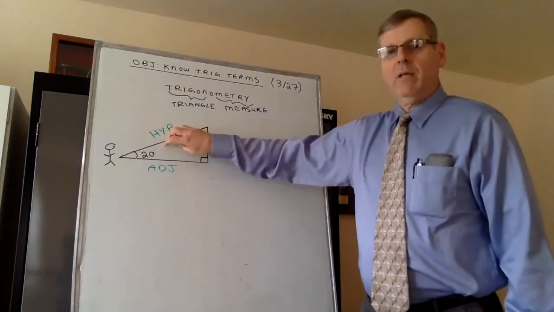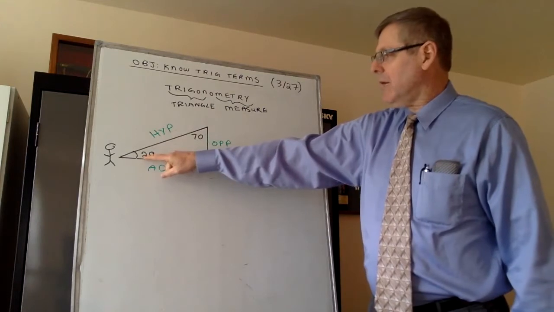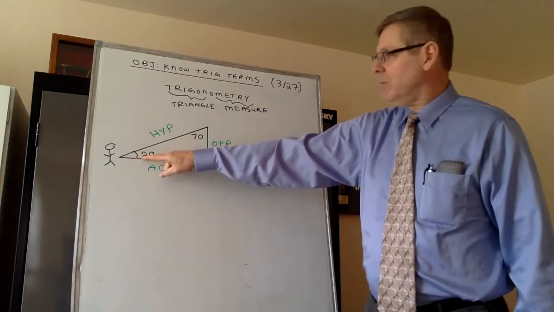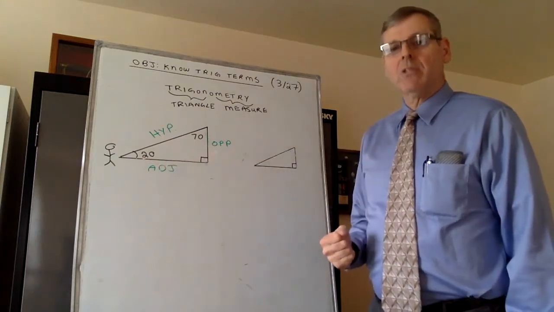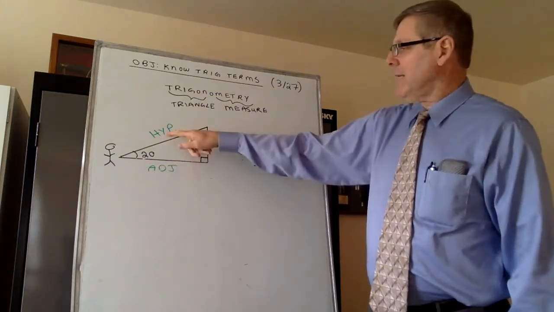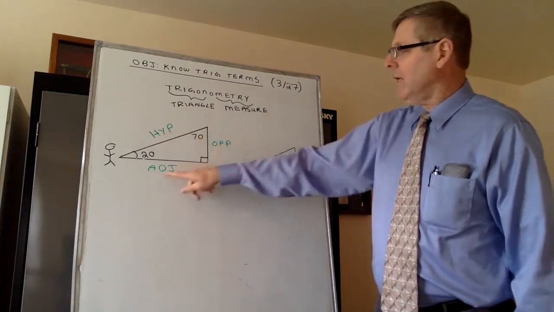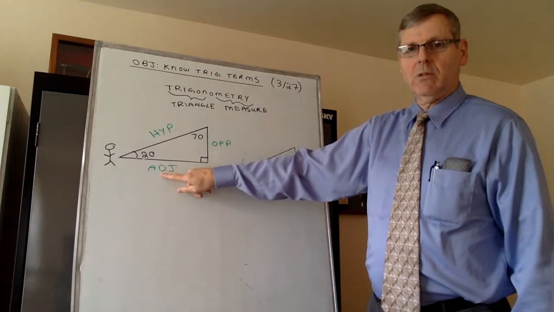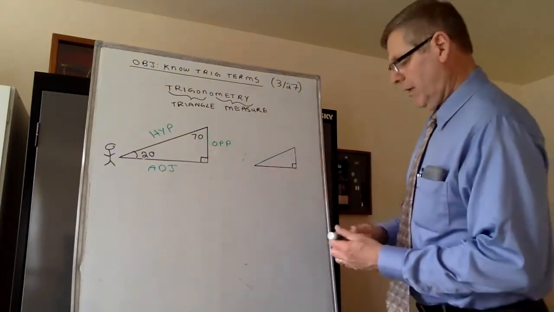So if I uniquely defined the shape of this triangle by measuring a right triangle here and determined it was 20, I now can describe the sides of the triangle as having a hypotenuse, a side opposite of the 20-degree angle, and a side adjacent to the 20-degree angle. What if I had come over here on this one